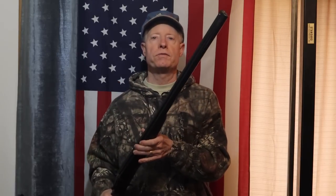You can short stroke the pump. Semi-autos can have problems with the ammunition. If you don't have it tight to your shoulder and have enough resistance against the gun, it may not cycle. There's a lot of things that can go wrong. This is such a simple design. It's so effective. You could also go with a single barrel, but I like having two choices of choke, and